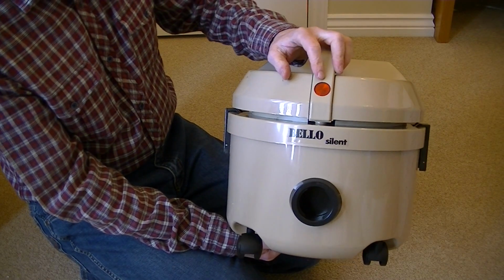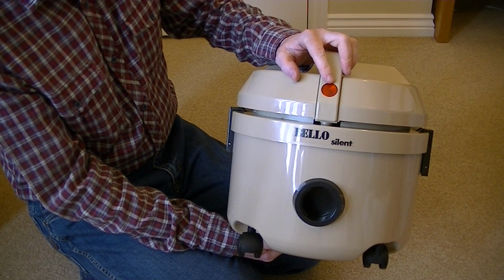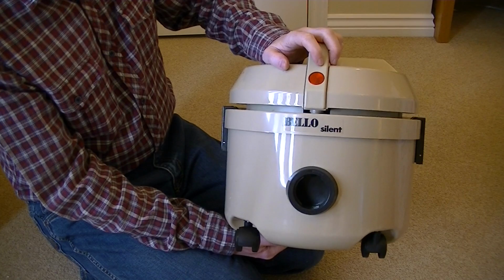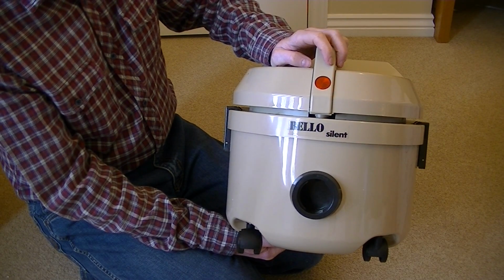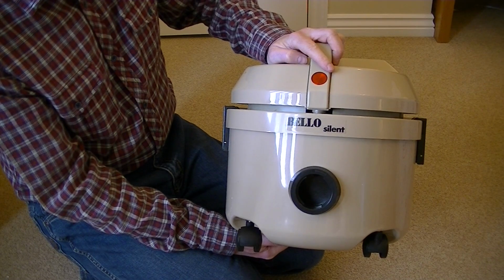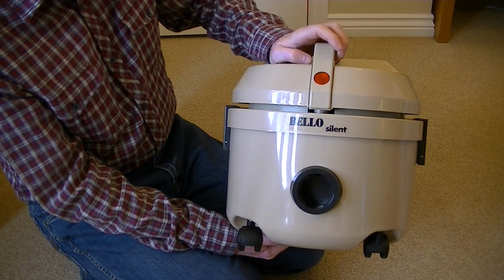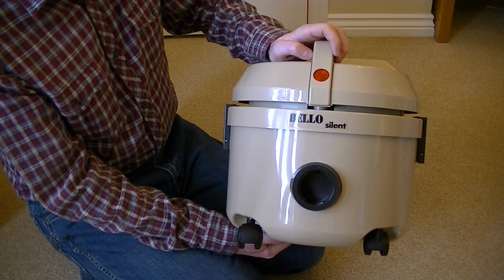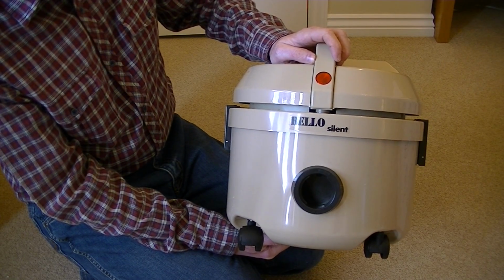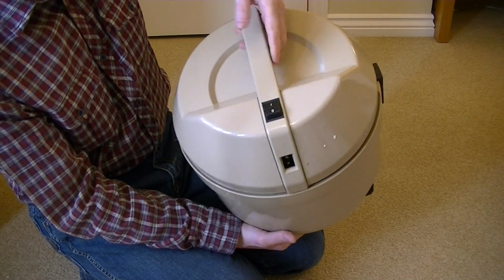Now I'm not sure if that light illuminates all the time when the machine's on, or just illuminates when the machine's plugged in. A mains on light, like you'd get on some Electrolux cleaners of the 70s and 80s. The light would turn off when you turn the machine on. They only illuminated just to show the machine was plugged in. Because obviously most people know when a vacuum cleaner's on, because you can obviously hear it. If you couldn't hear it, you could at least feel some sort of a vibration. Just a little